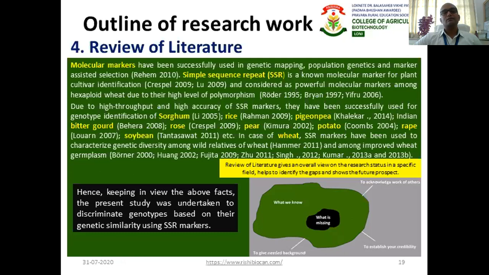In science, your idea should be supported with some kind of experimentation, or some scientists should have done something in the past and based upon that research you are saying something. So in science every statement has supporting documentation or supporting value to it. So this is the importance of review of literature.